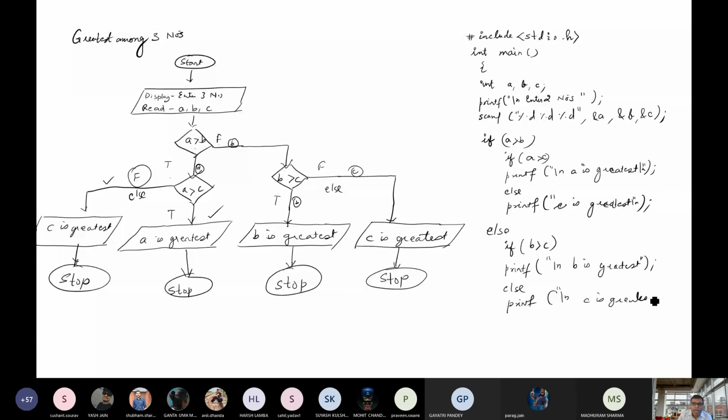Okay, and after this all the stopping conditions are there. So return 0 and the program will terminate.